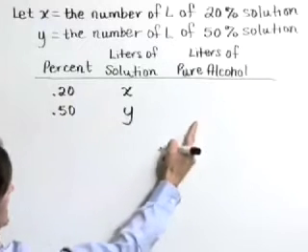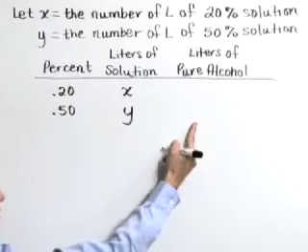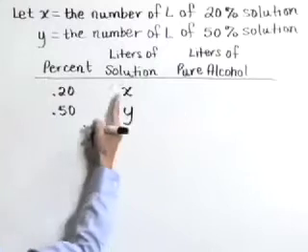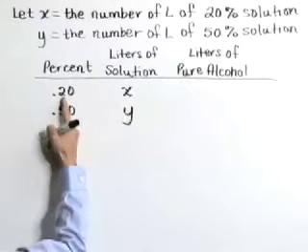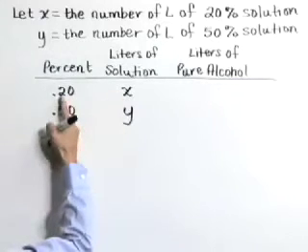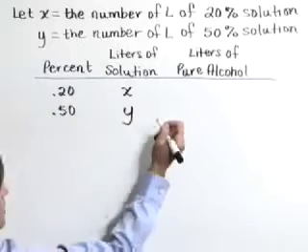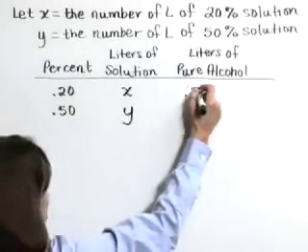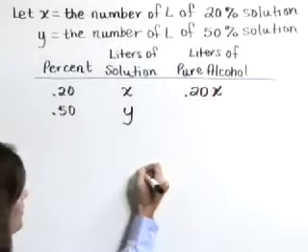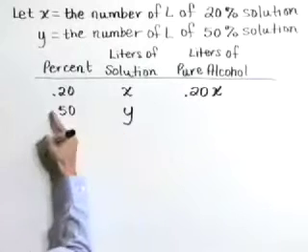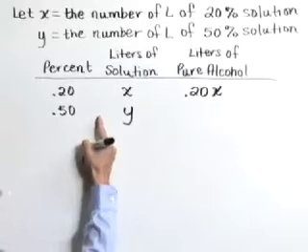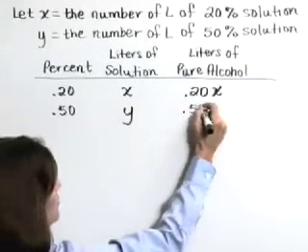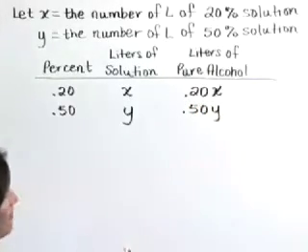Now to complete this last column, which is liters of pure alcohol, this first container is a 20% alcohol solution, and we find the amount of pure alcohol by taking 20% of x, or 20% times x. So let's write that amount then as 0.20 times x. For our second container, the 50% solution, the amount of pure alcohol there in liters is 50% of y, or